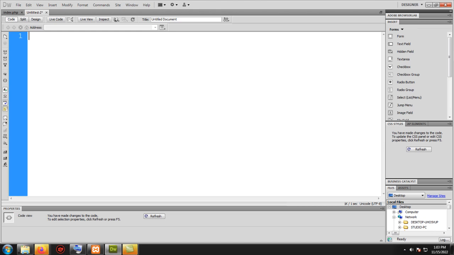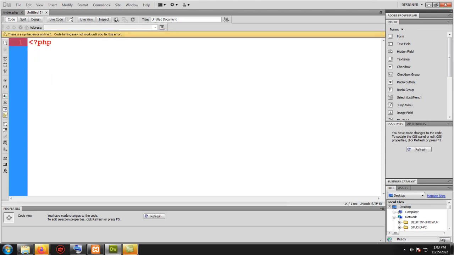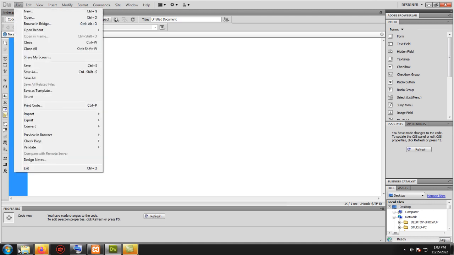Writing PHP code, just like HTML, PHP has a starting tag, which looks like that. Then you leave some space where I'll be writing my other PHP code, and then I'll end the tag like that. So anything between the two is basically going to be our PHP code. Okay, so I'm saving this file, Save As,